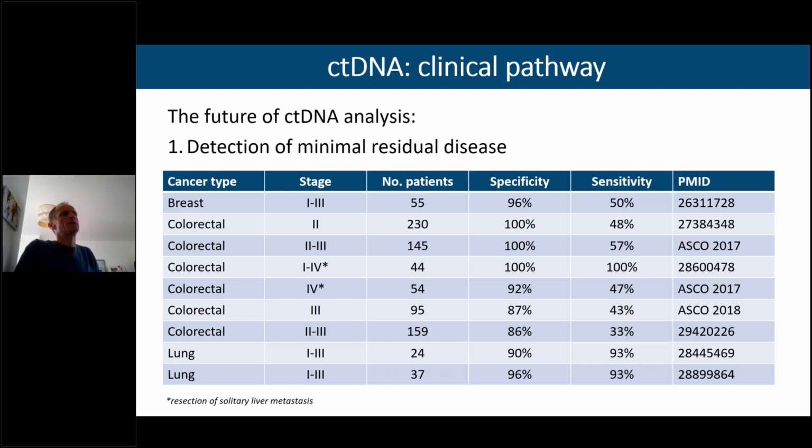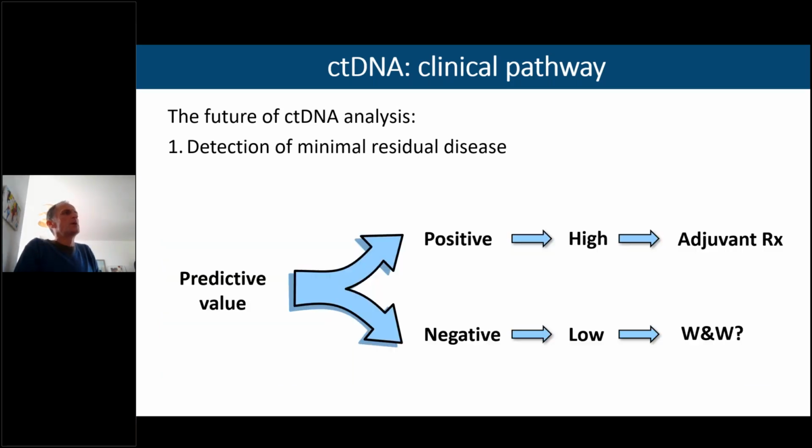In most of the studies, the sensitivity, however, is reduced. There are a couple of outlier studies here, but overall, if you don't detect circulating tumor DNA, then you still have a significant fraction of people who go on to develop progressive cancer. So this is an emerging area, and I think what is clear is that a positive value, a positive test